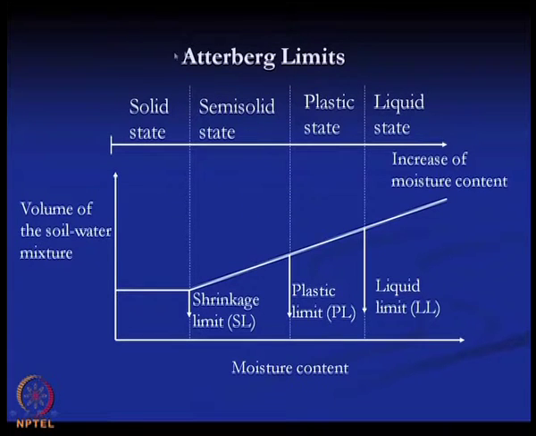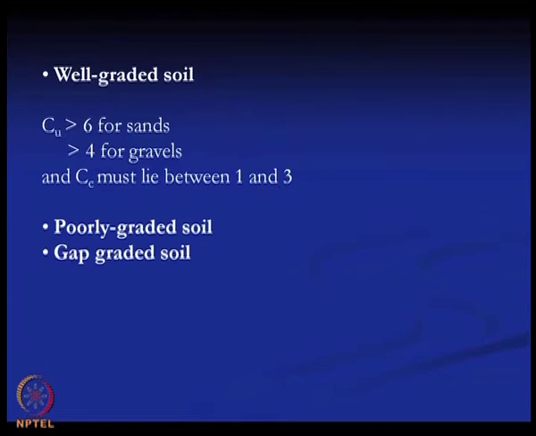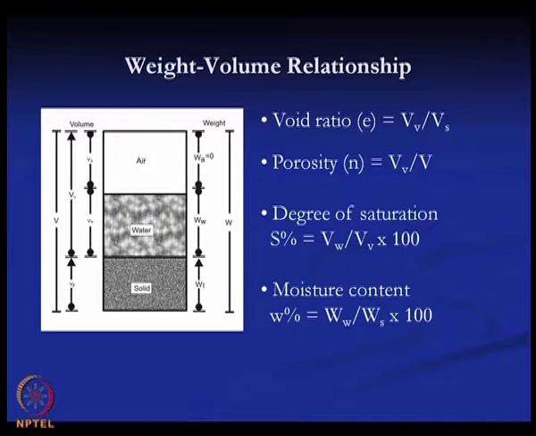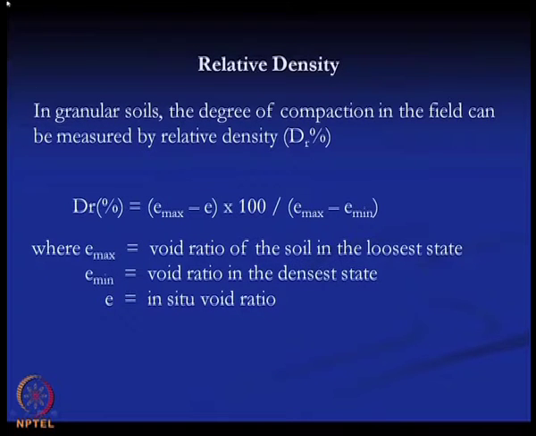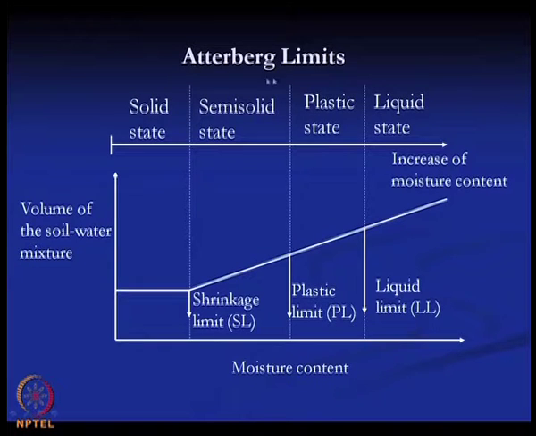Now, next important properties are the Atterberg limits. So, first we define what the Atterberg limits are. The previous properties that we have discussed, that is the well graded soil, poorly graded soil, gap graded soil, are basically properties for the coarse grained soil, mainly sand, and this is the common thing. And again relative density is also a very important property for the granular soil or the coarse grained soil. Similarly, the Atterberg limits are very important properties basically for the fine grained soil